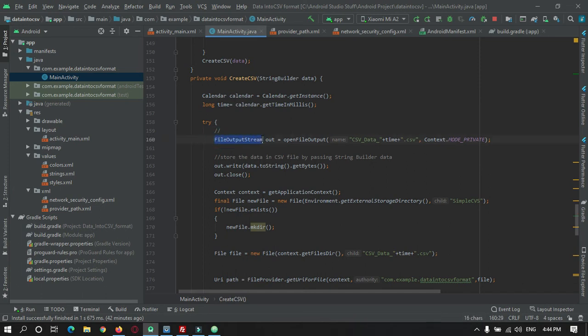So we are creating an output stream by name CSV data, so that the CSV file name should be unique each time. I have passed the time, in .csv format.